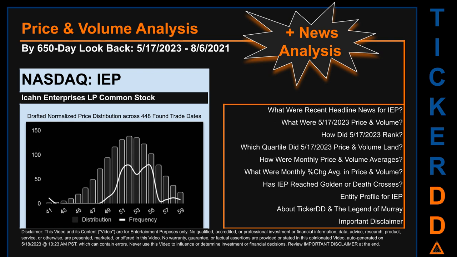The chart shown on this page is our initial attempt at studying the price for IEP after dynamically normalizing price distribution across those discovered trade dates. The bar chart is the generated distribution and the overlaid line graph, if it is generated, is the frequency of the prices on the x-axis. We will enhance this look-through as our AI model progresses in the next iteration.